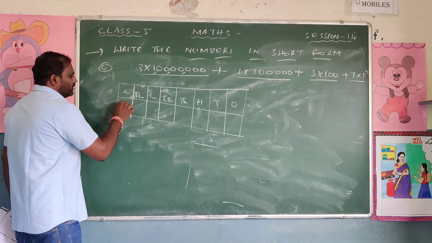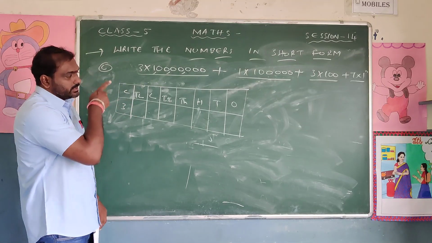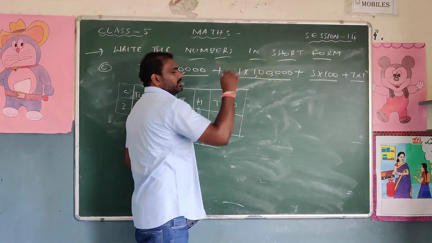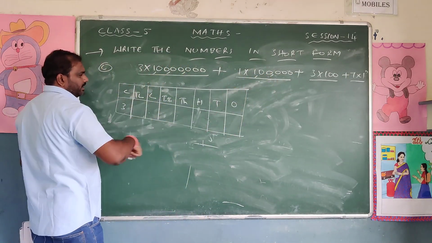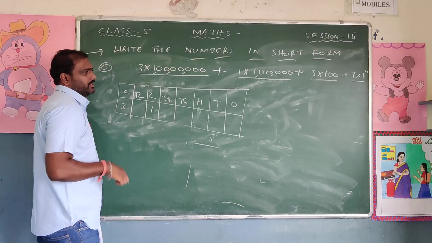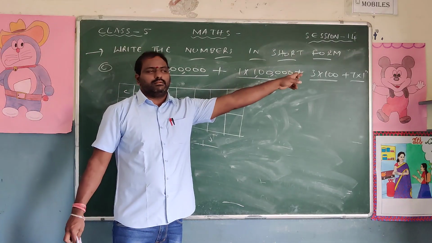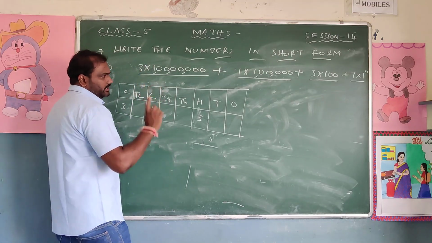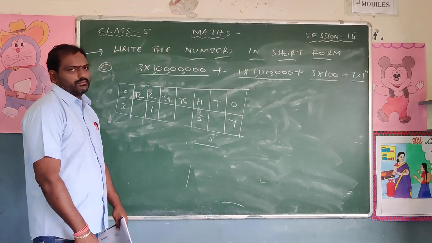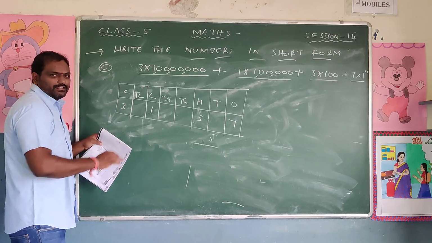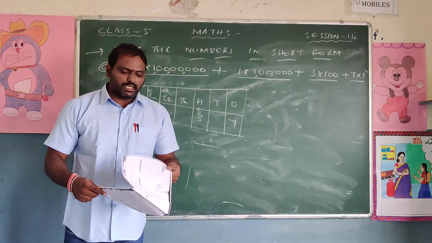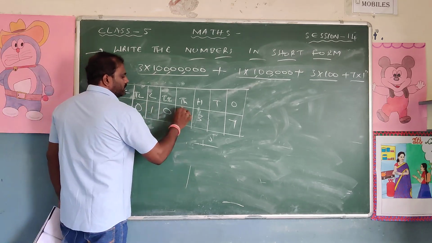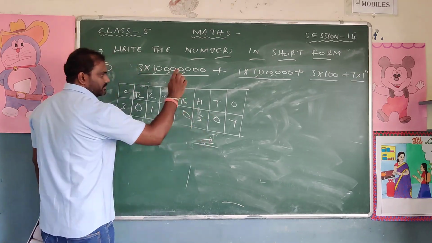Now crores, how many crores? 3. Next what is given? Units, tens, hundreds, 1000, 10,000, lakhs is given. So where is the lakhs in this one? It is 1. Then only 100 is given, hundreds. So how many hundreds are there? 3. And only ones is given, that is 7. That's all. So will you leave like this? We won't leave it like this. Instead, what should we do? Put zeros. So 0, 0, 0, 0. Now this is the answer.